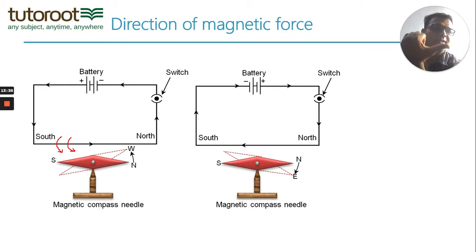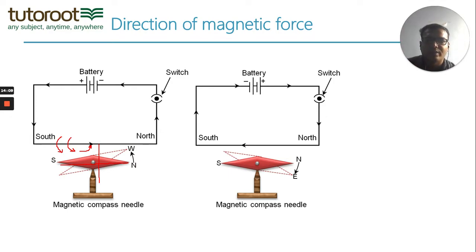So you can see this is the current carrying wire and these lines are going under. You see that the magnetic field comes towards you and then goes away from you from under. Hence the south north direction, which was like this before on the compass, tries to get into this direction under the wire, into the page. Similarly, on the opposite side, if the direction of current is reversed, then the magnetic forces will curl in this direction.